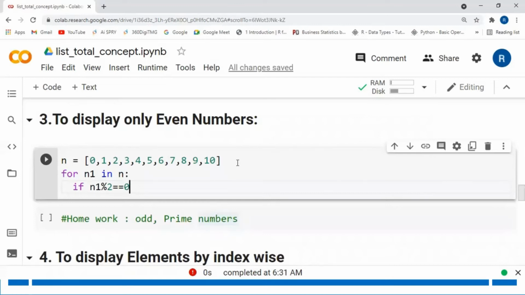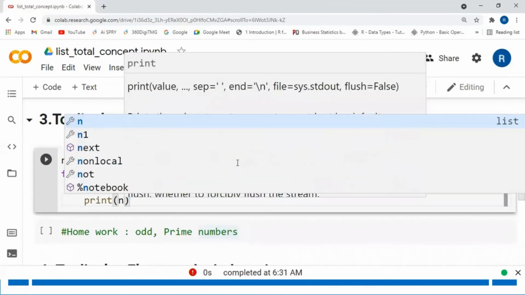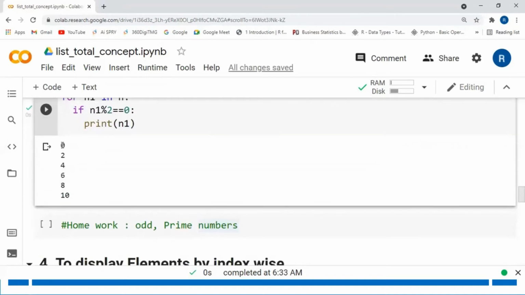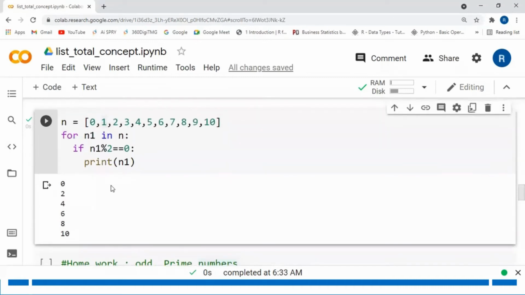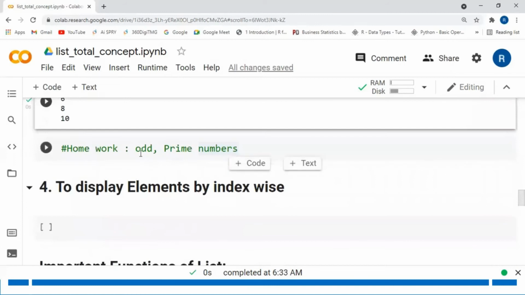If any number is divisible by 2, it is an even number. I am printing n1. This is my for loop to access even numbers from the list. Now we'll check whether I am able to get it or not. Yeah, these are my even numbers 0, 2, 4, 6, 8, 10. Yeah, we are getting the correct answer. I explained for only even numbers. You can try with odd numbers and prime numbers. Please ping your answer in the comment window.